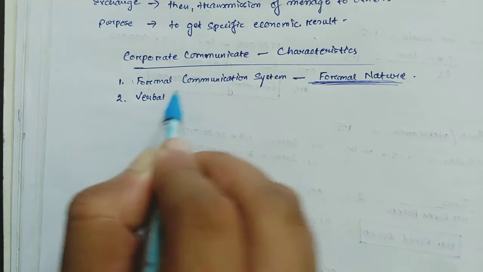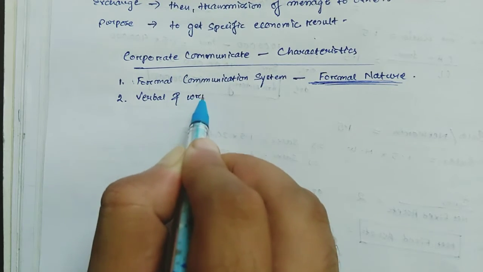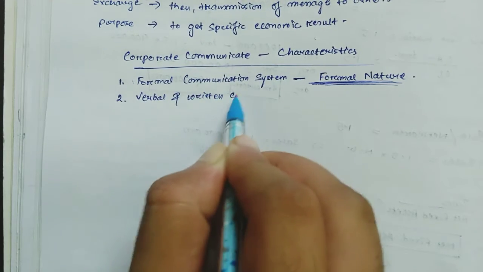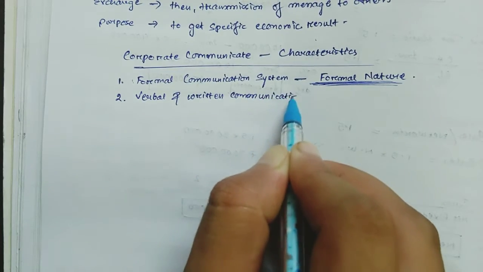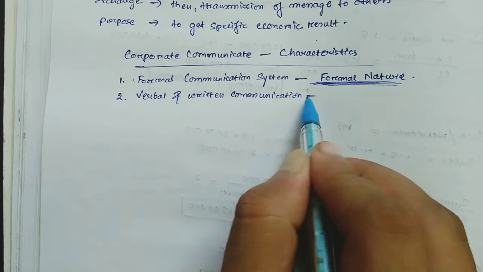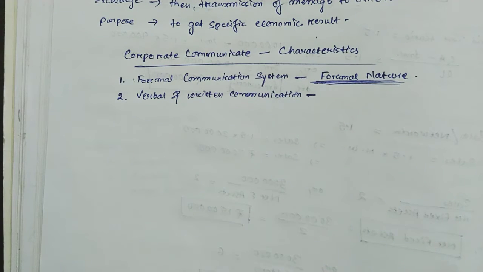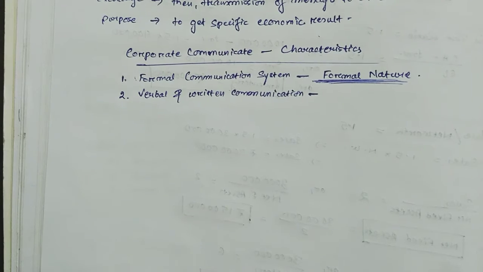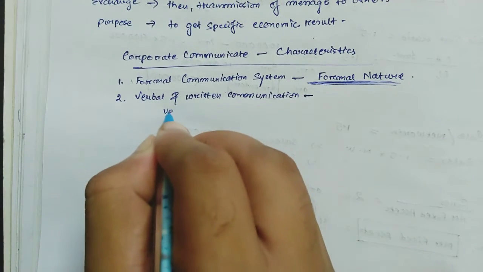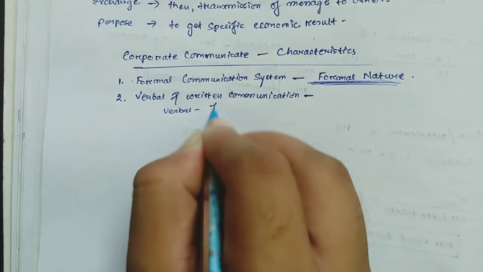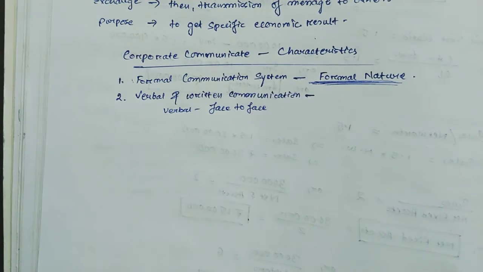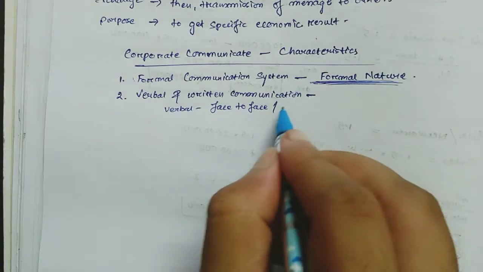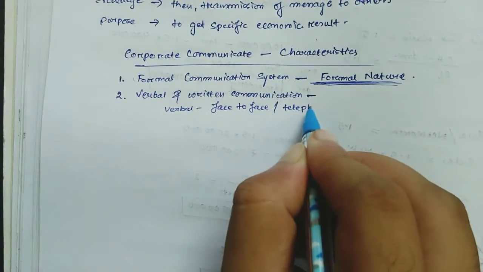ওকে, সেকেন্ড ইজ verbal and written communication। It is not visual, it is not gestural, but it is verbal and written communication। ঠিক আছে, এবার verbal কোথায় কোথায় হতে পারে, verbal can be face to face যখন কমিউনিকেশন হচ্ছে, there verbal communication can be there, or over telephones।